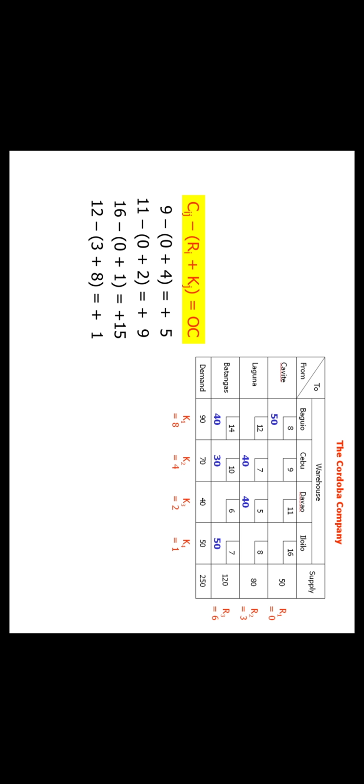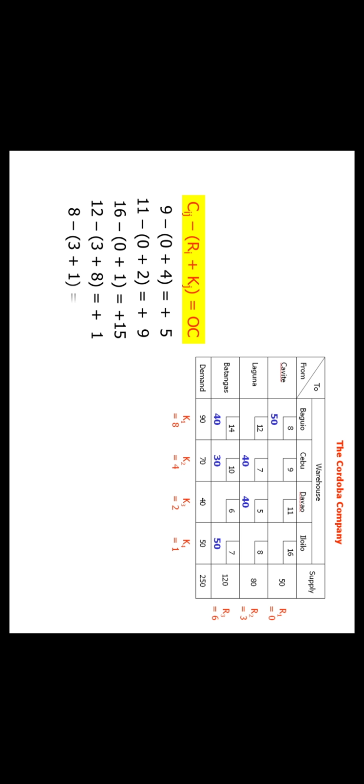Next is the unused cell with a cost of 8. Row position is still at row 2 with a value of 3. Column position is at column 4 with a value of 1. Applying the formula, you have 8 minus the quantity 3 plus 1, which is equal to 8 minus 4, or